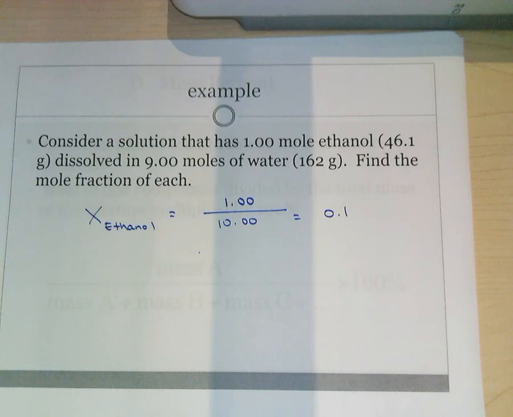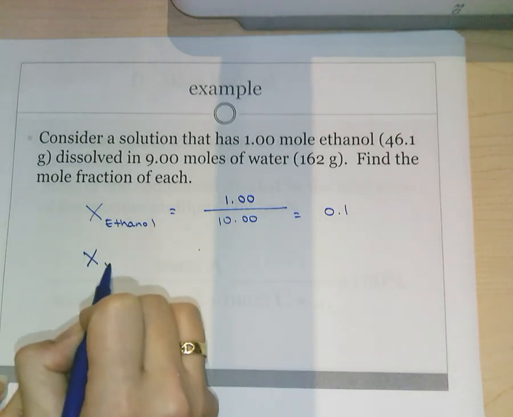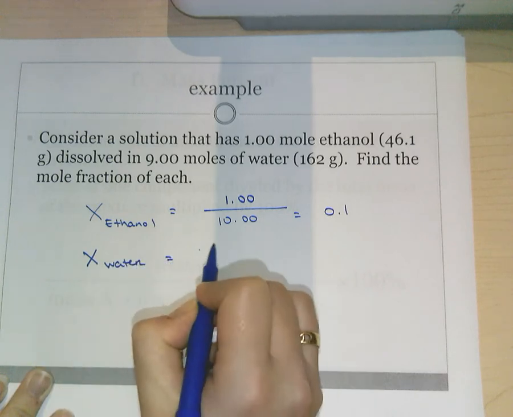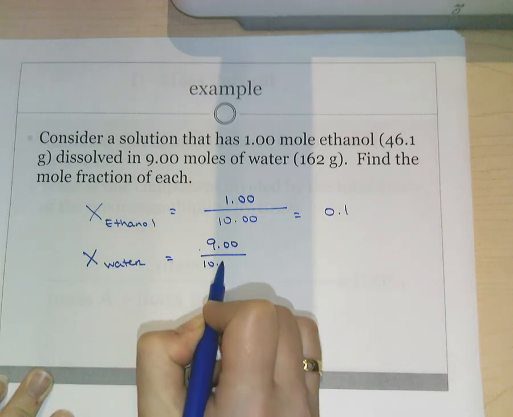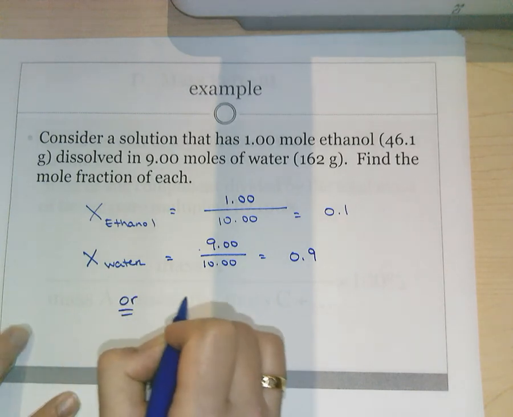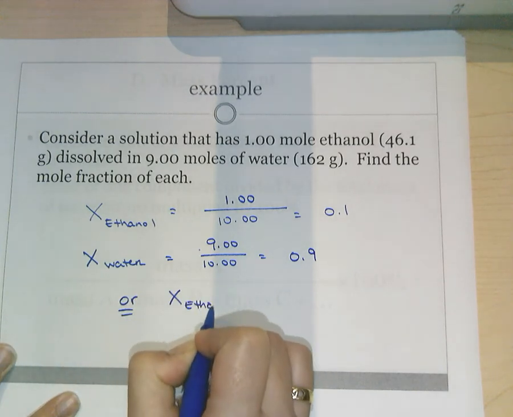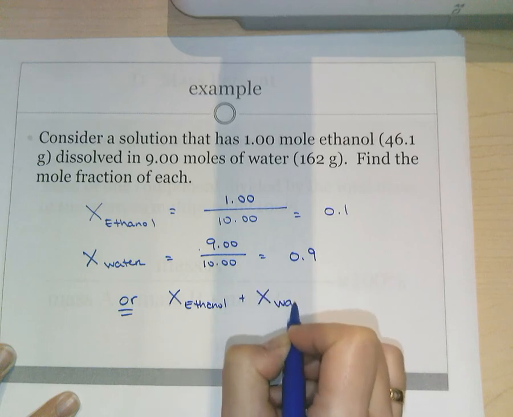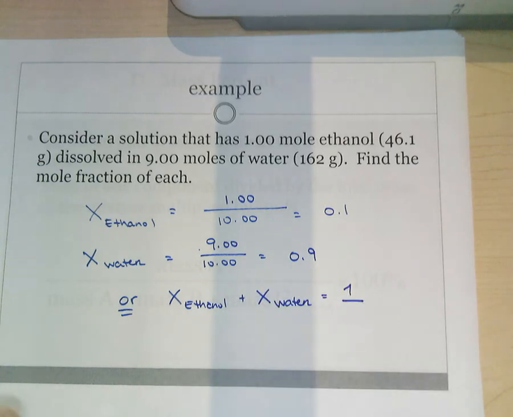What do you know fractions have to add to? 1. All fractions add to 1 as long as you have all the fractions. They all combine to make 1. So you could either do this, which is absolutely correct. Right? Perfectly reasonable, very true. Or that is also true, right? All the mole fractions have to add to 1. So if you know this,